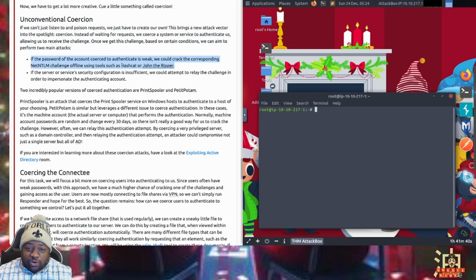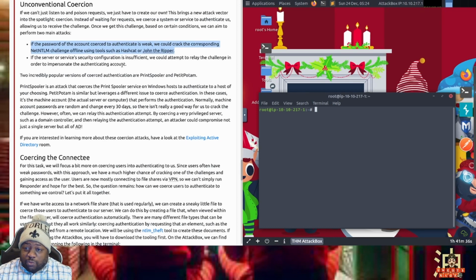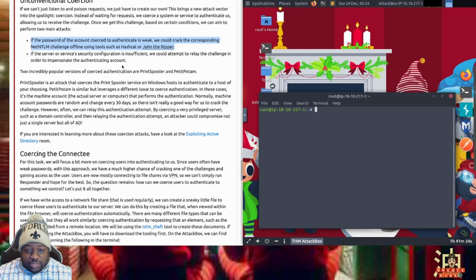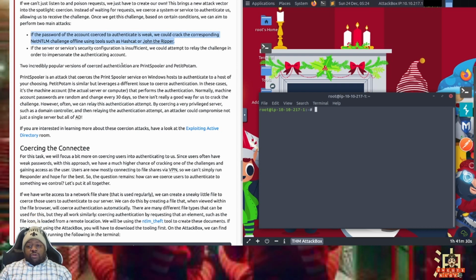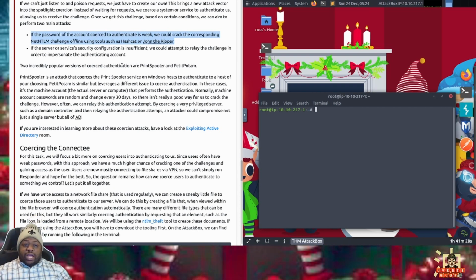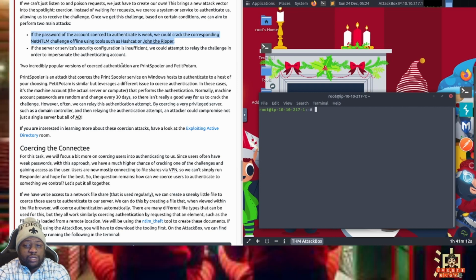If the password of the account coerced to authenticate is weak, we can crack the corresponding challenge offline using tools like Hashcat or John the Ripper. If the server or service's security configuration is insufficient, we can attempt to relay the challenge in order to impersonate the authenticating account.